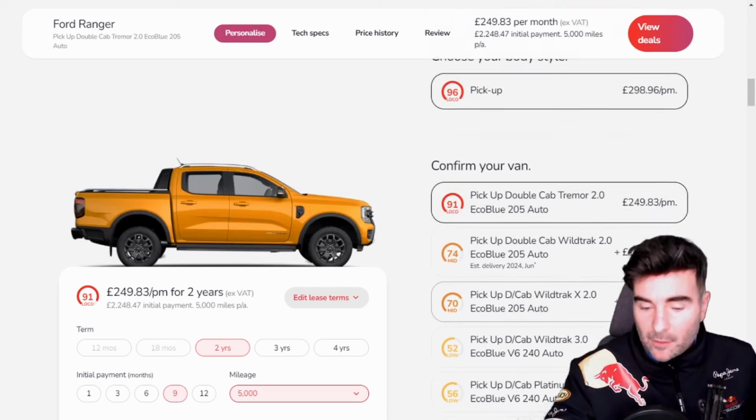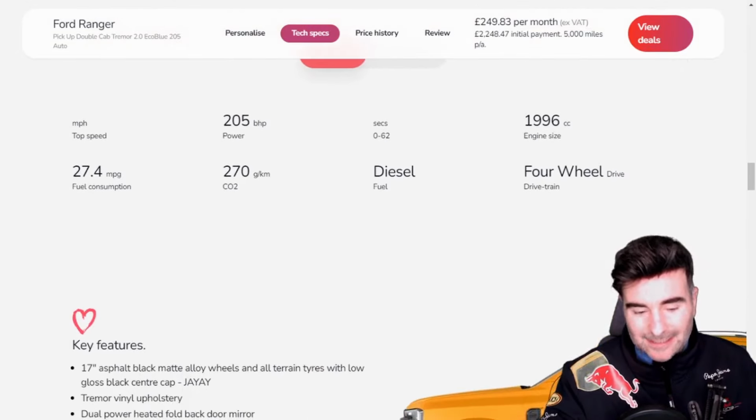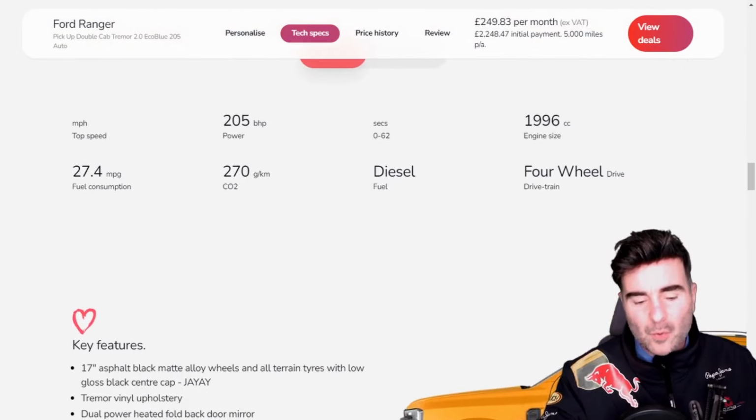Let's go down then. So I've just made it a little bit cheaper. But look, let's look at the price comparison chart. Fuel consumption, 27.4. It's not great, but who cares? You've got a Ford Ranger Raptor. But look at the price history chart. Oh, it's insane. It's decreased by 20%. It's been a bit dippy, this one, actually. Look at this. So it started at around £312 on the 5th of June. And then we've got 246 on the 3rd of July. Not bad. And then up again, slumped. And we're now looking at